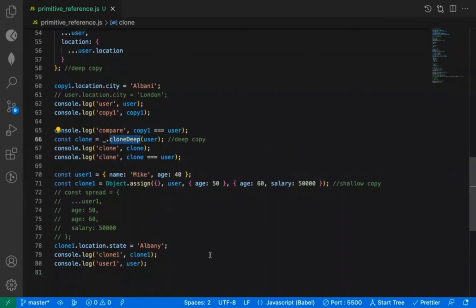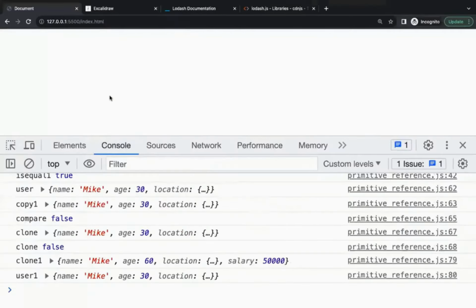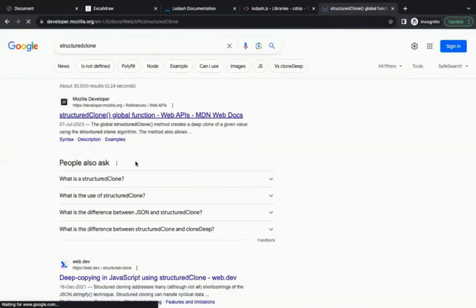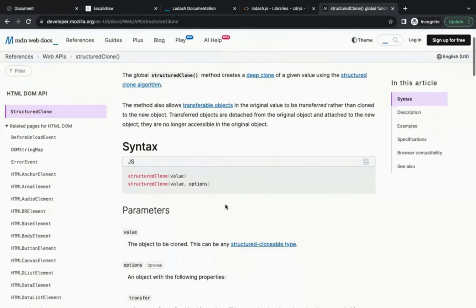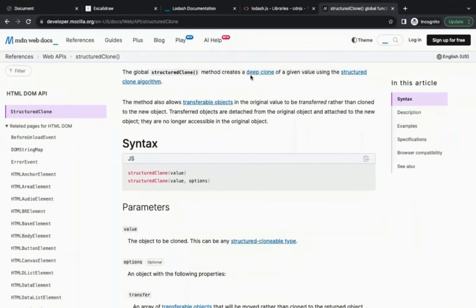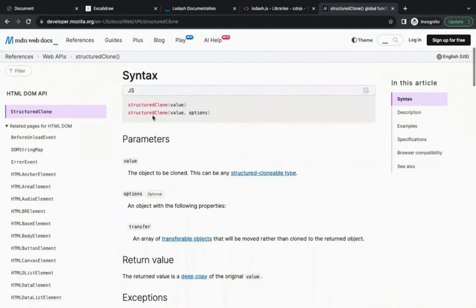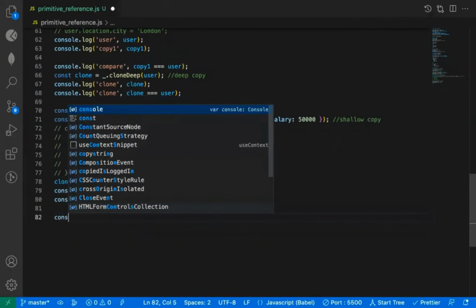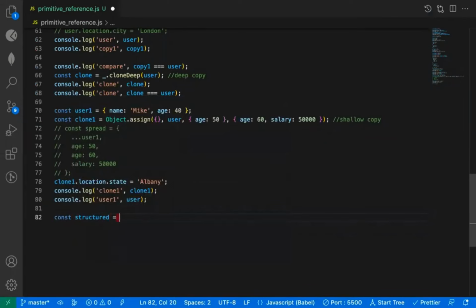You can do it manually, or there is also structuredClone. JavaScript has added structuredClone. This is not too well supported. It's a recent addition that also does the deep clone method. So you can use the structuredClone method. Now let's say user